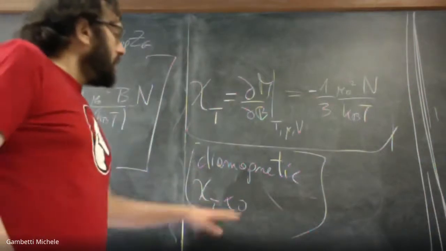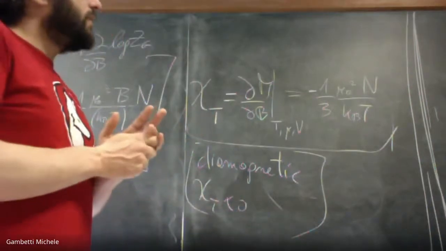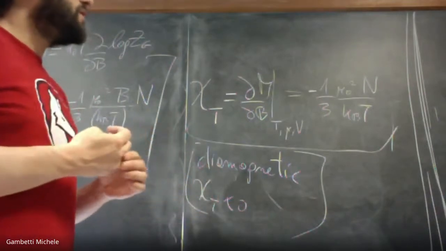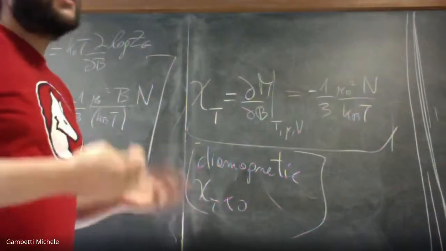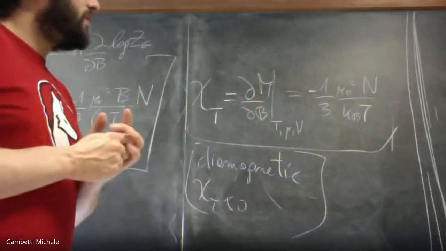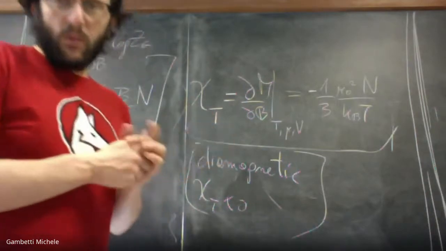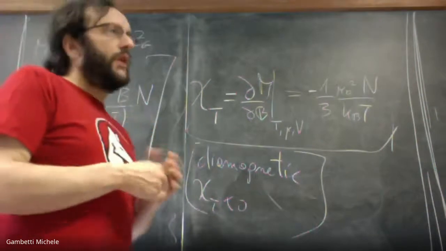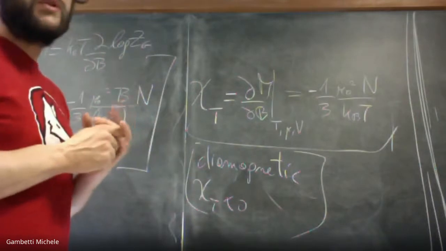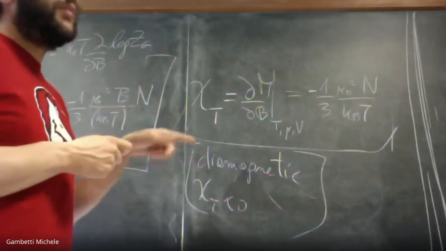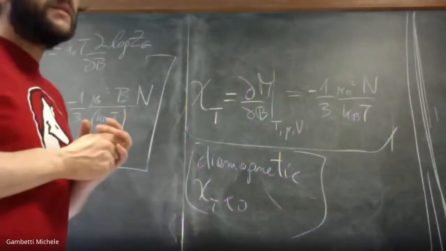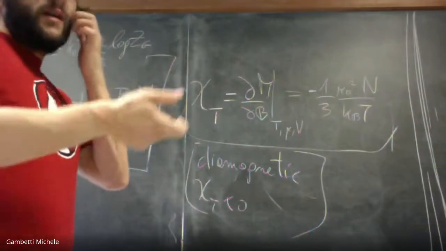Now, we have done the calculation for charges. We did not specify the nature of those charges. They could be electrons, for instance. But our first comment is the following. In general, those charges, if you think about electrons, of course they feel the Lorentz force, but there is another thing that one should include in principle when dealing with the magnetic field, which is the coupling between the intrinsic magnetic moment of the electron and the external magnetic field.